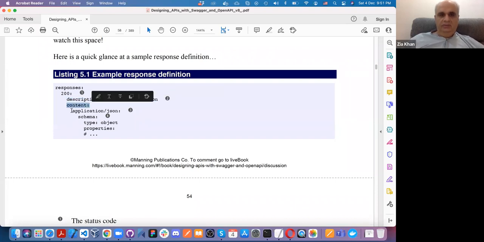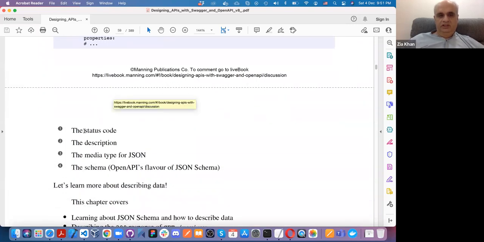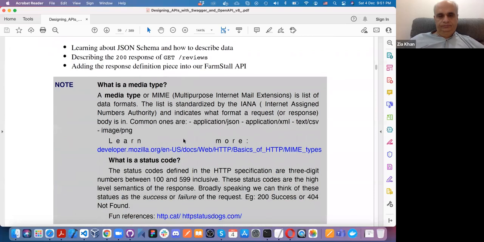In this case, it is application/JSON, in JSON format, and you use JSON schema language to define the response. It is going to be a type object with these properties. The first thing you notice is the status code, which is 200. Then description and the media type, which will be JSON, and so on.